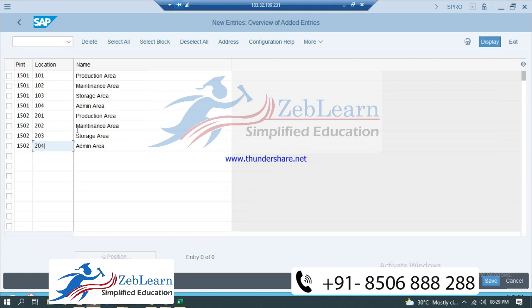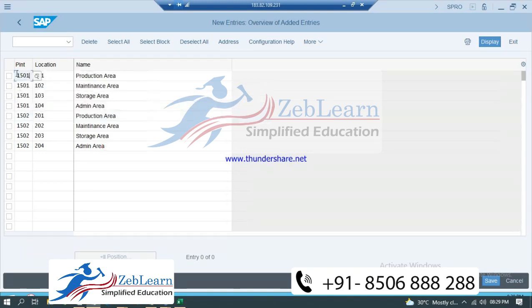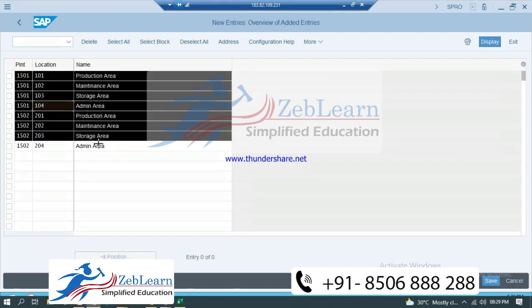So suppose I want to copy this thing. In SAP you cannot select everything at a time and copy. For doing that you have a shortcut key, which is Ctrl plus Y. So if I click here and click Ctrl plus Y, then you can see my cursor icon has changed to a plus sign. Right. So when the plus sign is coming, I can click here with the plus sign and then I can select all this. Ctrl plus Y. So this is a shortcut key.